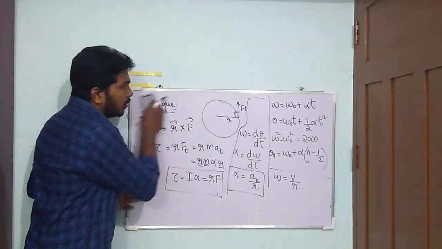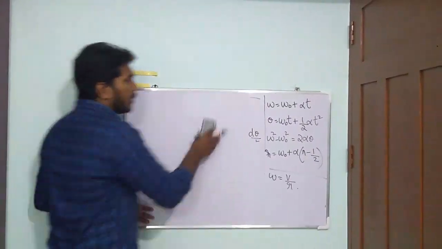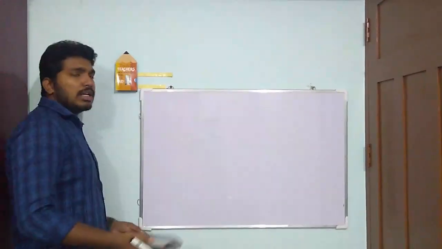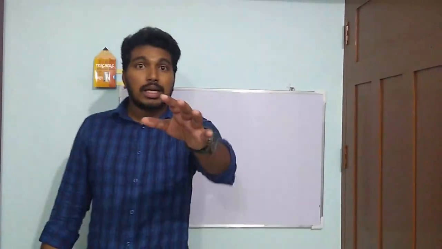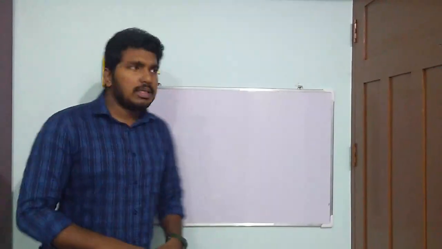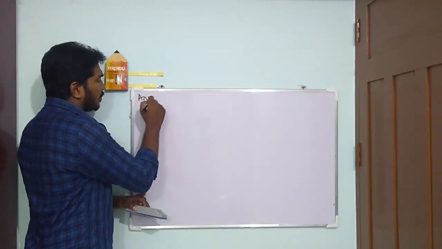Now moving on to the next term, angular momentum. You already learned about momentum in linear motion, right? Momentum we call the quantity of motion contained in an object. Now, angular momentum is defined as